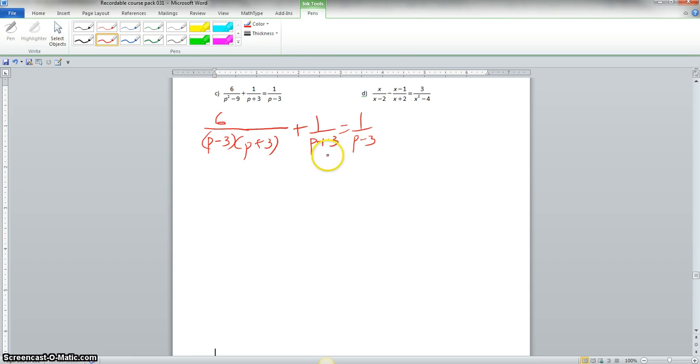Okay, now if you look here, the common denominator would be p minus 3, p plus 3. So we'll multiply everything by p minus 3 and also p plus 3. Now I didn't leave myself enough space, which I will correct here at the bottom. So we'll do p minus 3, p plus 3,